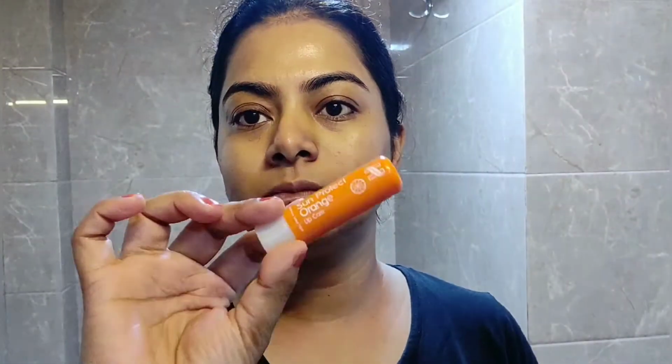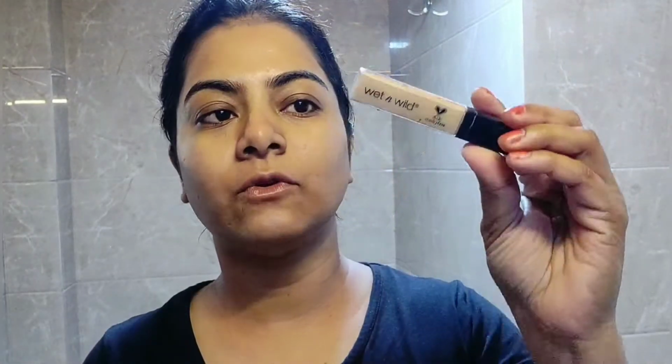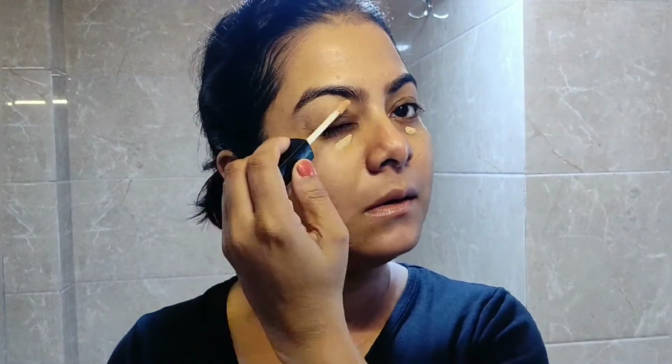Then applying lip balm from Himalaya, and it has sunscreen also, so it's good for the daytime. We're going to concealer. This is from the Wet n Wild range, and I'm applying a little amount on the ears where I have pigmentation,